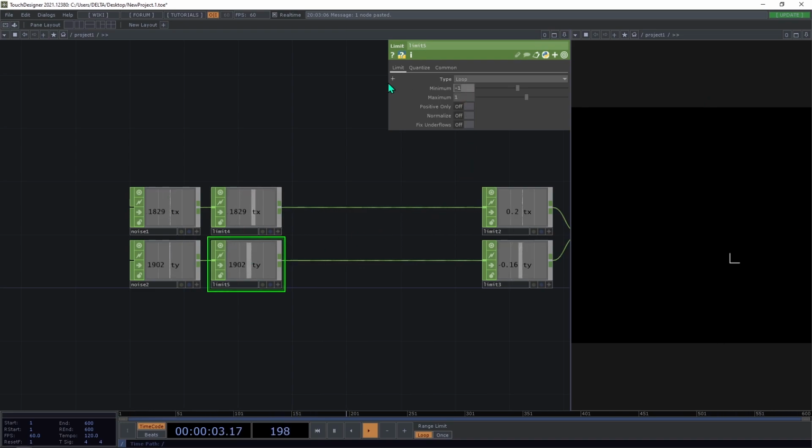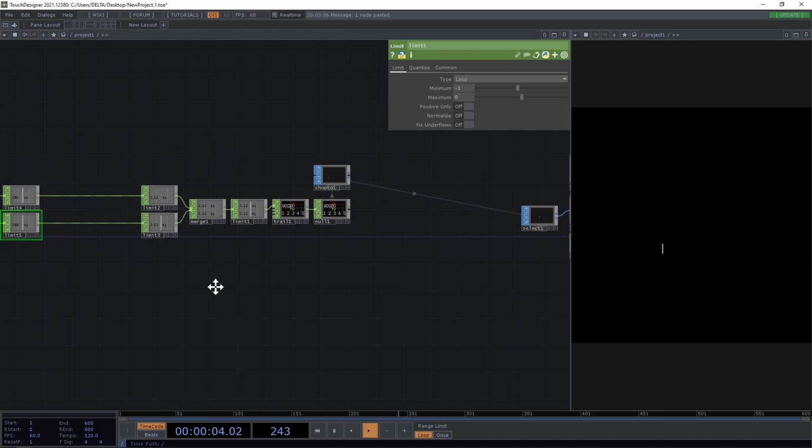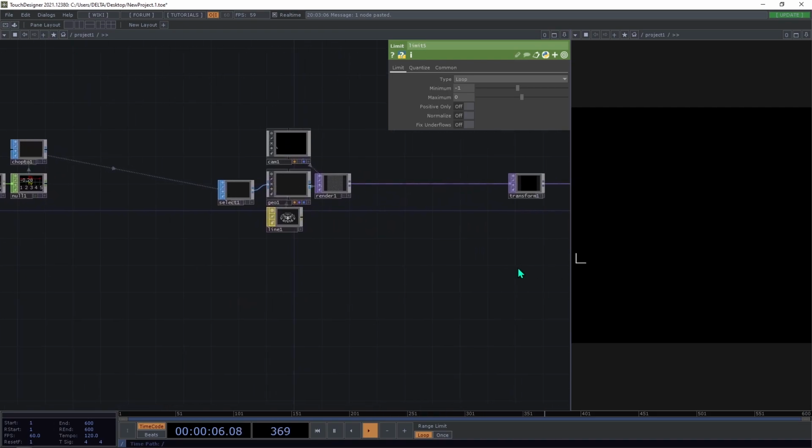So here, if I put 0, as 0 is the middle value, it will only loop in y, or sorry, in this area. So you can start making your own designs